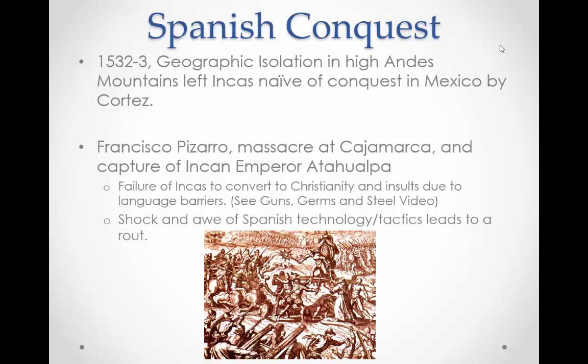But when they came in to meet the emperor, they were pretty much by themselves, and they were brought to this town known as Cajamarca, and at the meeting with the emperor, you have the Spanish trying to convert these people to Christianity and at least show them the way. And the story goes that they showed Atahualpa the Bible, and there were insults, possibly due to language barriers. He potentially threw the book, as you saw dramatized in the video anyway.